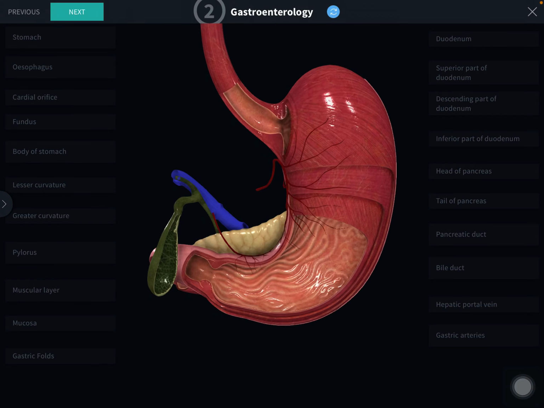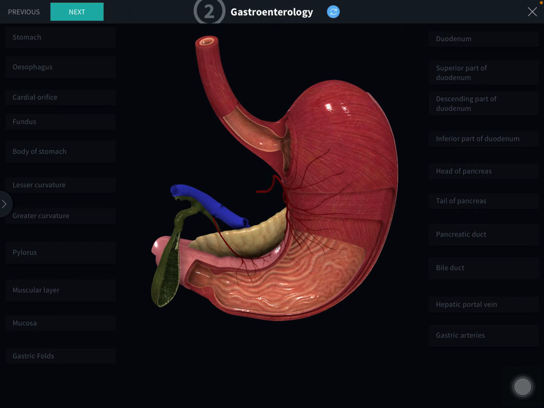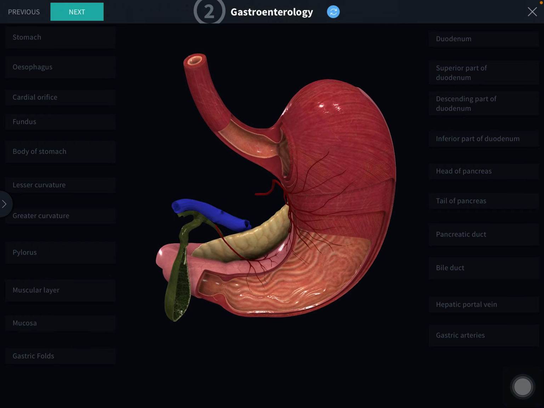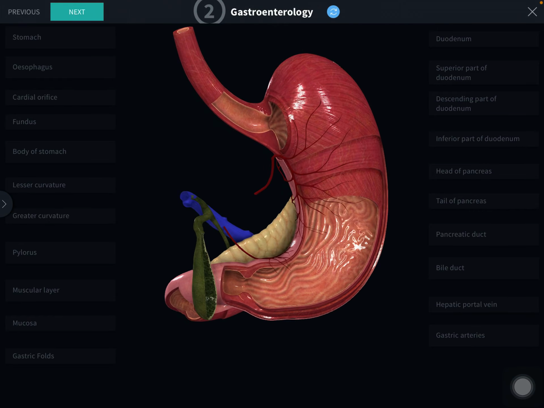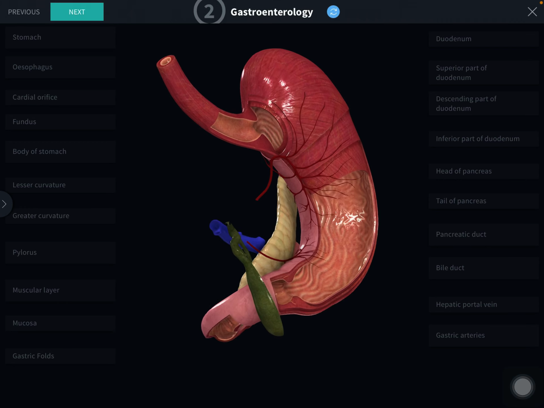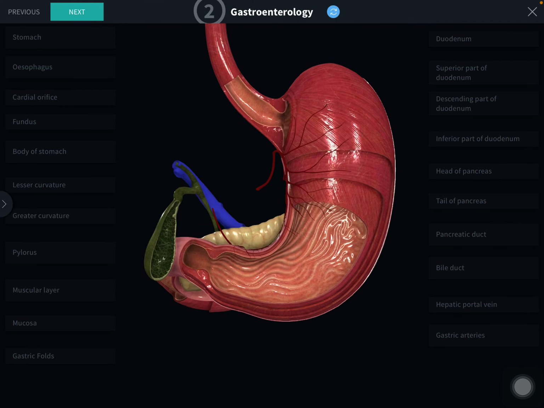It has three subdivisions. Fundus: this is the fundus part. Fundus is that part of the stomach which is above the cardiac orifice. If you draw an imaginary line, one at the cardiac orifice and the other at the incisura angularis, which is the dependent point in the lesser curvature, that will divide the stomach into three portions. Fundus is that part above the cardiac orifice, and it is filled with air.